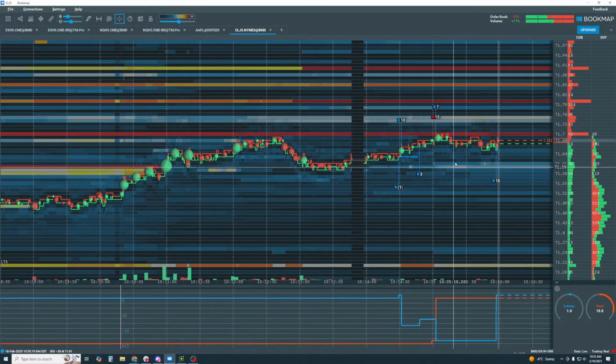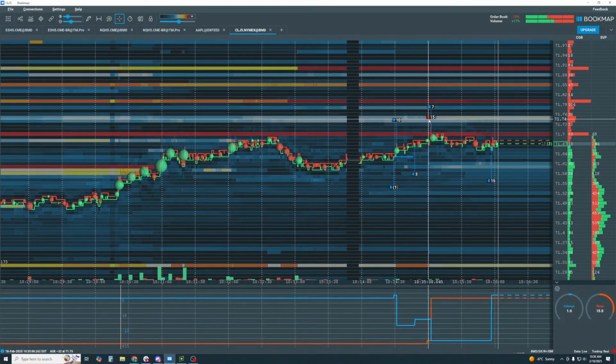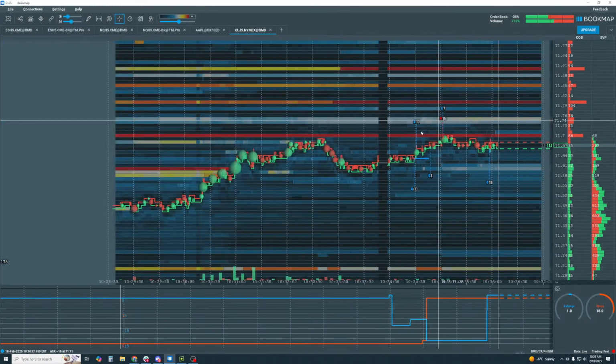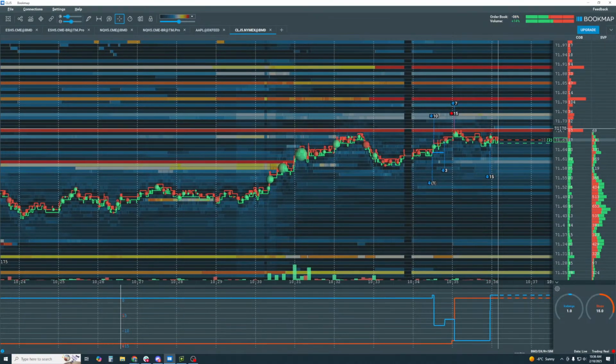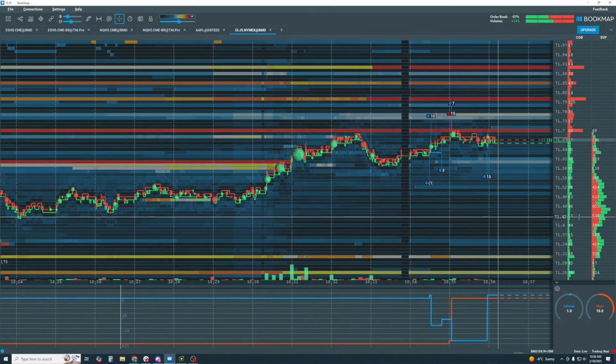Now we're going to look at all of them. Every single one, if it's an iceberg for one or a stop for one, will show up. You can see that we're struggling to get through this 71.70 level here.